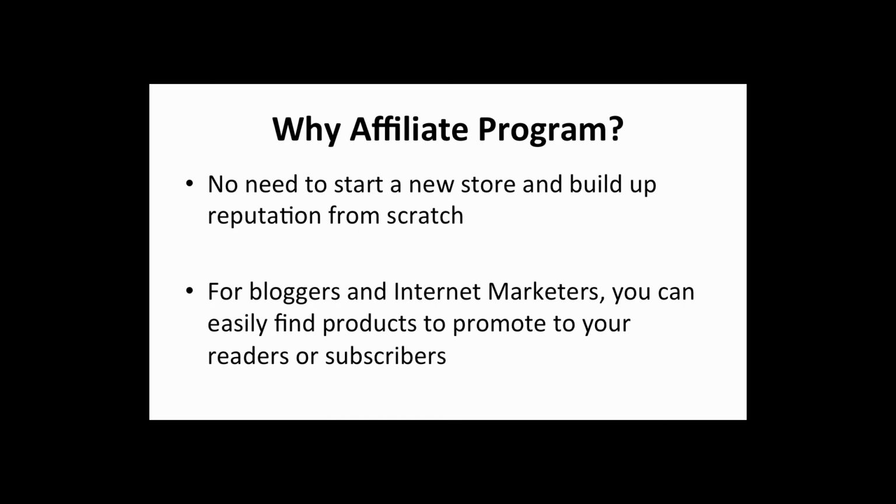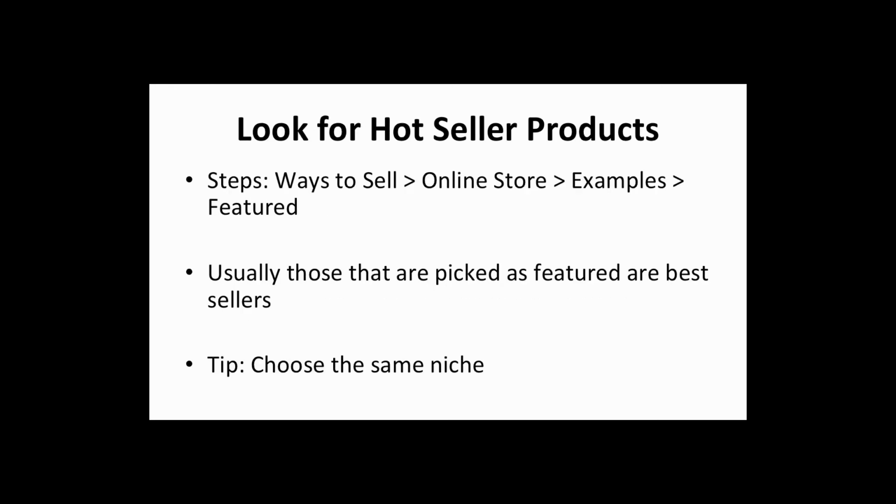Apart from that, for the bloggers and internet marketers that are already in the business, you can easily find products to promote to your own readers or subscribers. This is a wonderful method of creating another stream of income by just sending new offers to the same group of people. After you join the affiliate program, what you need to do is look for some hot seller products